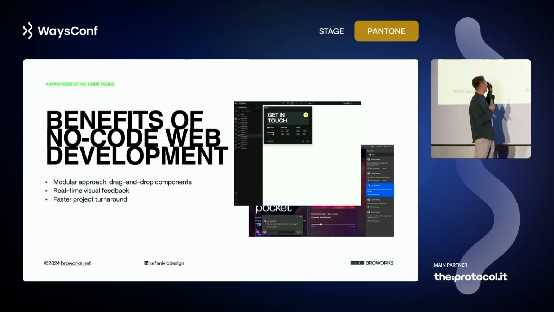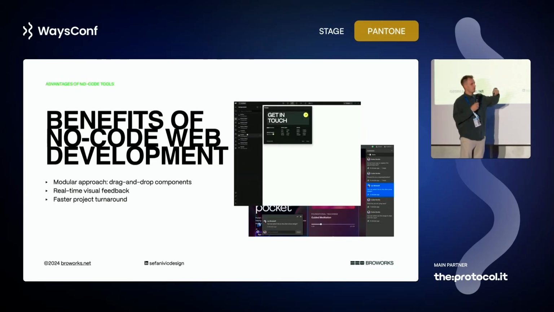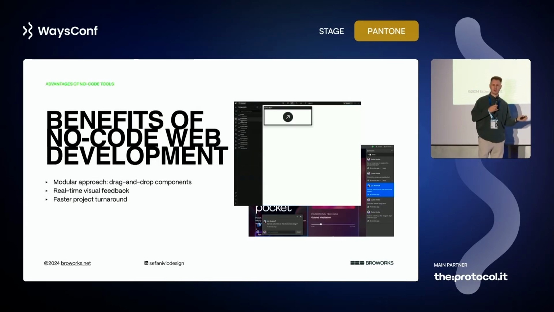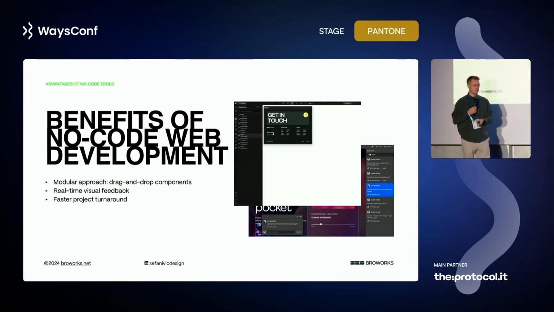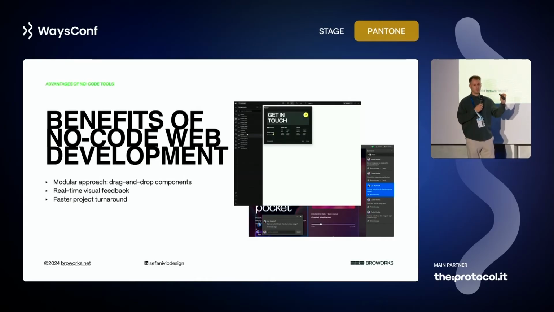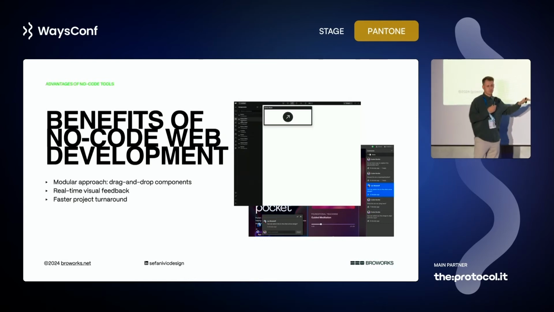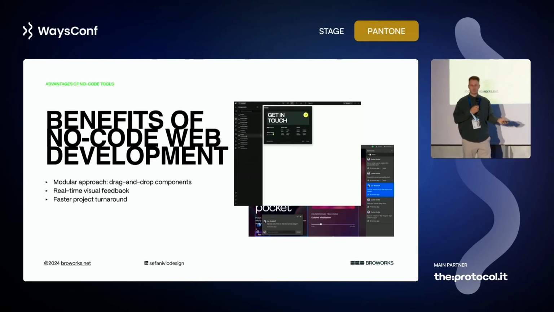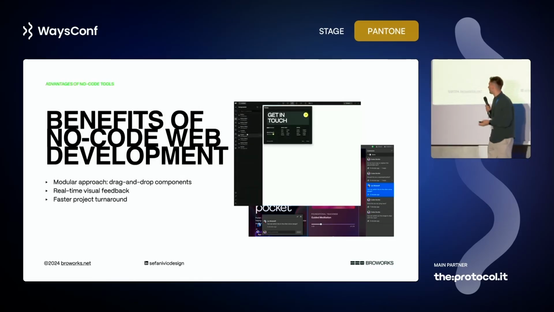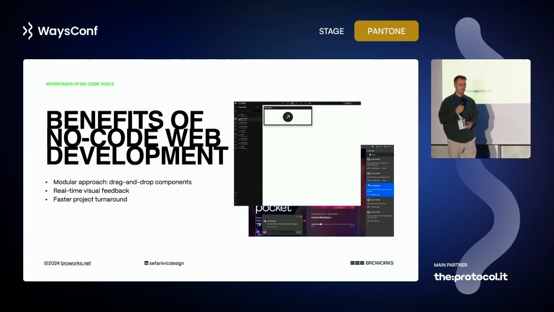Then there's also real-time visual feedback. It's like this screenshot below. You know how we used to do it: when you want to leave feedback, you take a screenshot, then you send it in an email or some communication platform. But now you can actually do that directly on the platform. So it's real time, you can comment, mark as done, all this stuff. It just makes things simpler and easier to use. And of course, because of all of these things, it's just a faster project turnaround, because it's faster to develop anything you actually need.